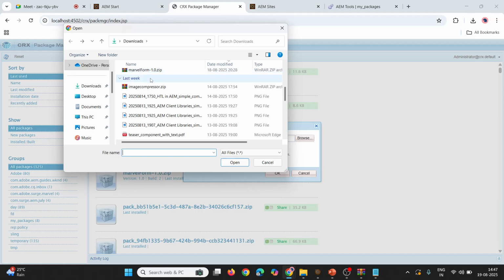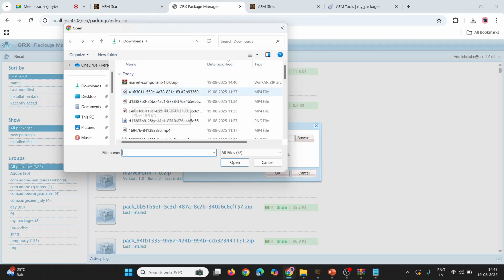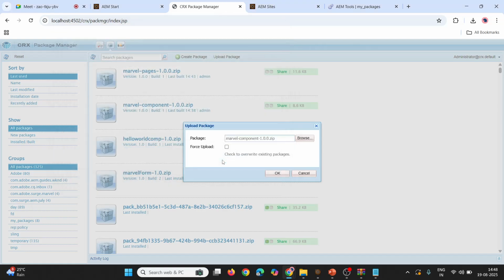Suppose again you try to zip this one and import it to the AEM server, it will not work actually. Once it is done, now I want to upload this Marvel component 0.1 snapshot. So this package I want to upload. Simply you can select this .zip file, and once you select it,